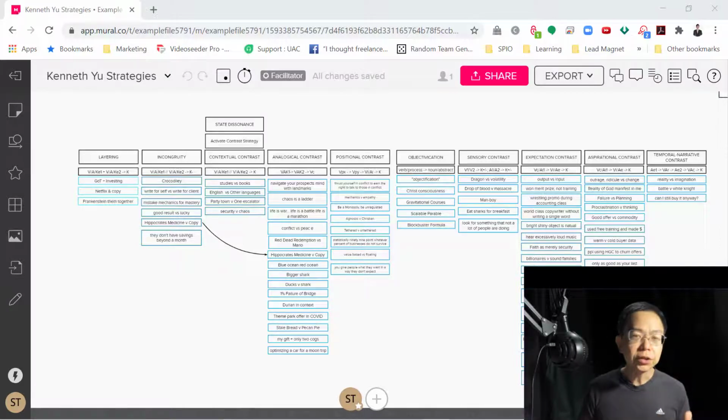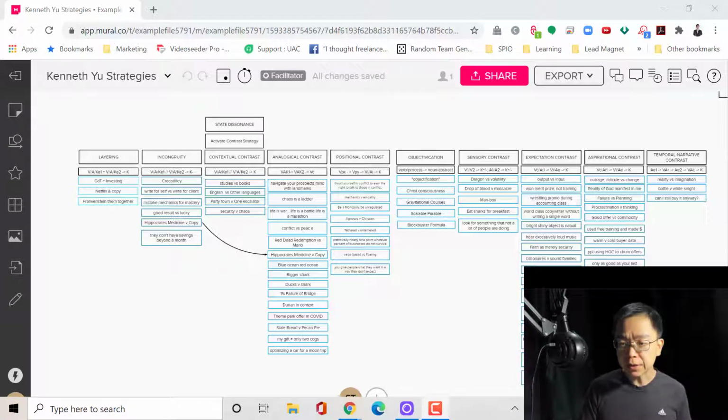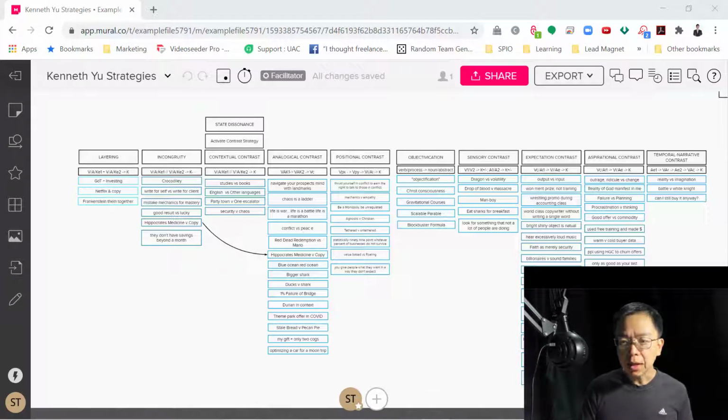So, what I want to let you know is that this is the first cut, all right? Well, not really the first cut, this is the second cut. The first cut was way too messy, as you can see in my board here. Too much stuff, too many different models of the way Kenneth thinks, but I'm going to at least narrow it down to one main piece, which is the 10 contrast strategies.